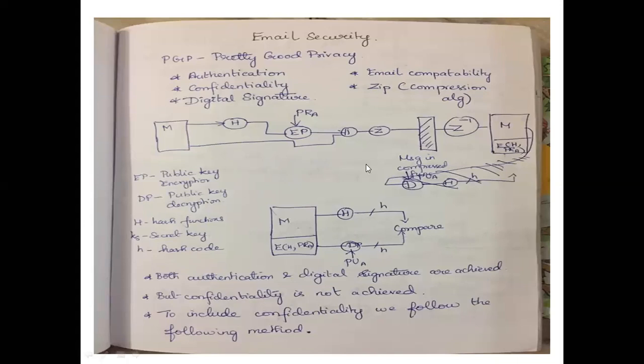But in this scenario, confidentiality is not achieved, because we are using the public key on the receiver side. The public key will be available to anyone in the network, so anyone can use the public key and decrypt the message. So confidentiality is not achieved yet. To ensure confidentiality,